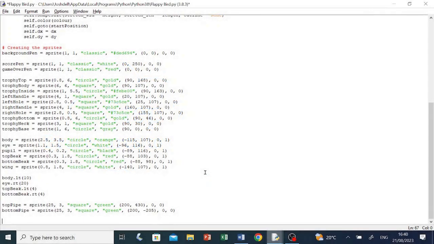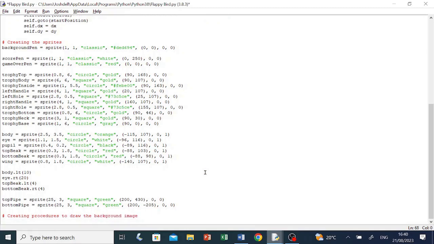Step 7. Creating procedures to draw the background image. First of all, we're going to create a procedure to draw a quadrilateral. So I'm going to call it draw, def draw(